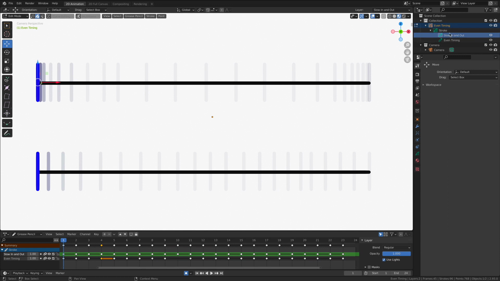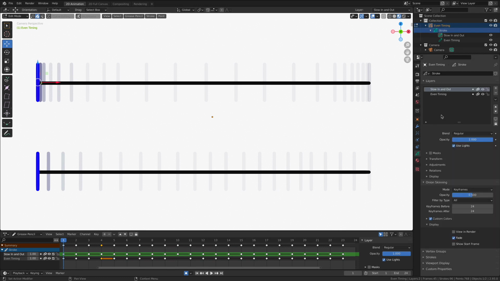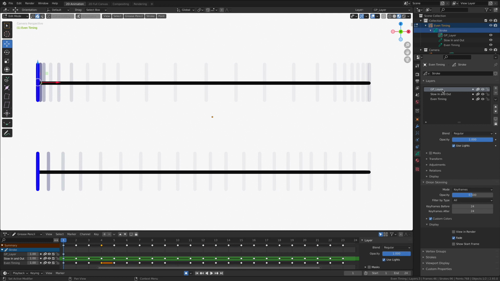It's actually very easy. If you grab this parent object and then head down into the object's data container over here, we're going to get the ability to add layers right here inside of our interface. Now, I've already added one. If we wanted to add a third one, maybe I want to have a cool little box or something behind it. Let's just do it real fast. We're going to hit this little plus icon right there. Boop, and we're going to add a new grease pencil layer.